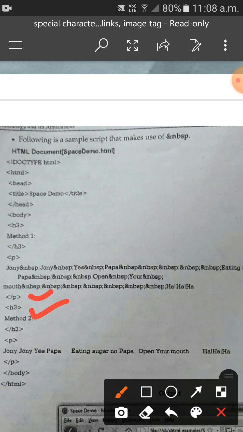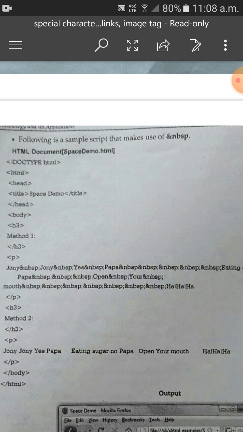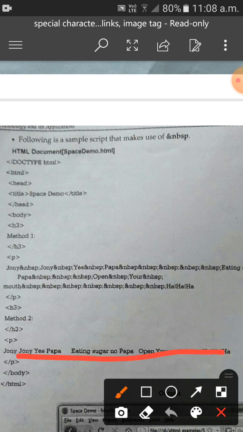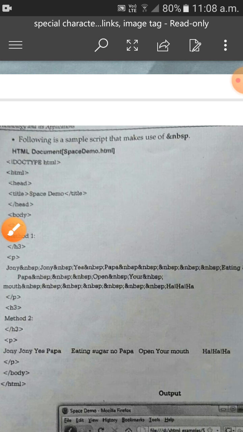Then within the heading h3 we give method 2, and use the paragraph here without using NBSP, with the same Johnny Johnny Yes Papa rhyme.